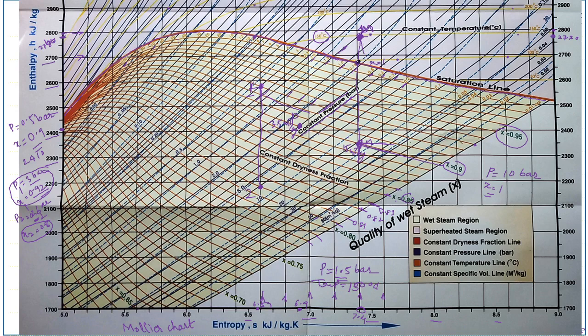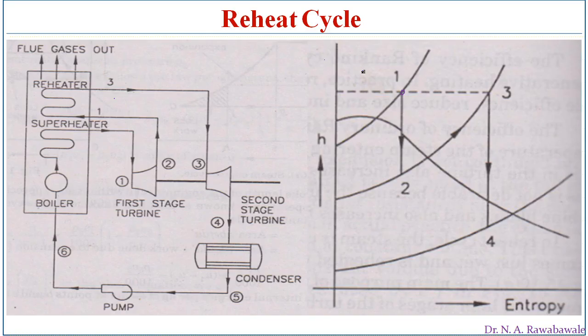So in this reheat cycle, when steam is expanded from point m, as soon as steam becomes wet, it is again reheated and again expanded. Because if the steam becomes wet in this wet region, it contains water particles, and the presence of water particles in the steam causes erosion of turbine blades and damages the turbine. So in order to avoid damage to the turbine as well as energy losses, steam is allowed to become just wet. As soon as steam becomes just wet, it is reheated and re-expanded.